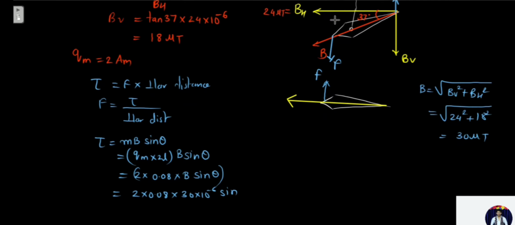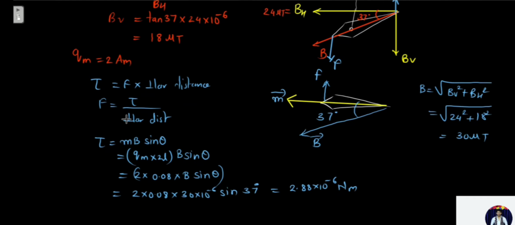Okay, so basically your magnetic moment would be pointing in this horizontal direction, and once it comes on top, the magnetic field is over here. So the angle between them is nothing but the angle of dip, 37. So theta would be 37. It is the angle between the magnetic field and the magnetic dipole moment. So here you will get the answer, torque as 2.88 into 10 raised to minus 6 Newton meter.